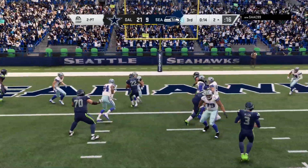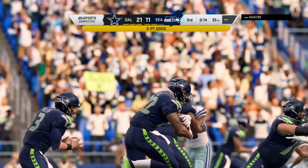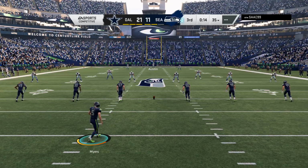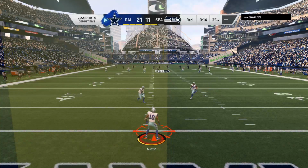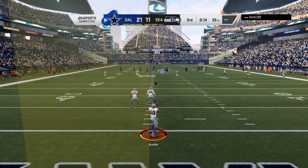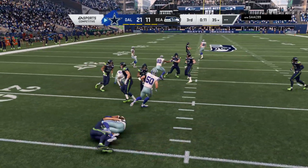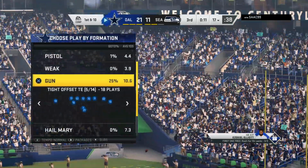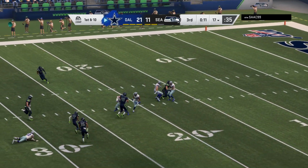They're going to keep it on the ground. And he will get into the end zone to cut the lead a little bit further. For the touchdown, here's Myers to boot it away. This is fielded at the goal line. And he will be brought down here at about the 17-yard line. Cowboys take over first and 10 at their own 17-yard